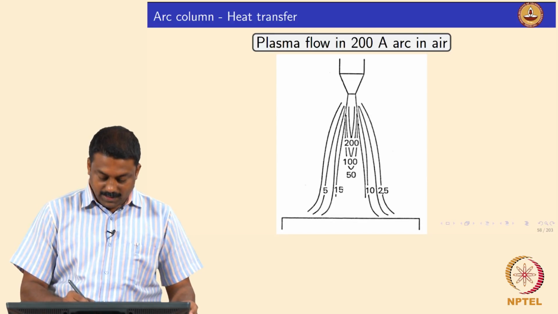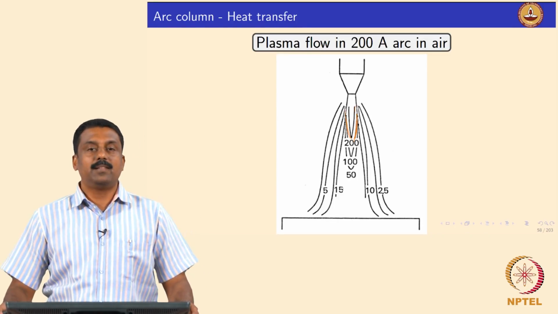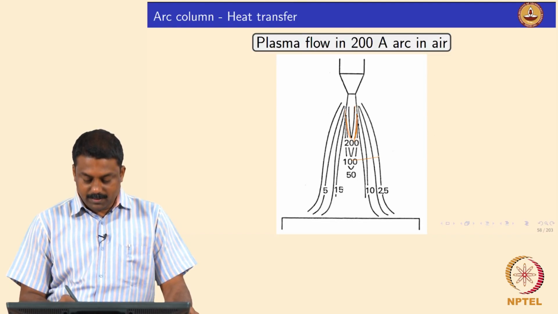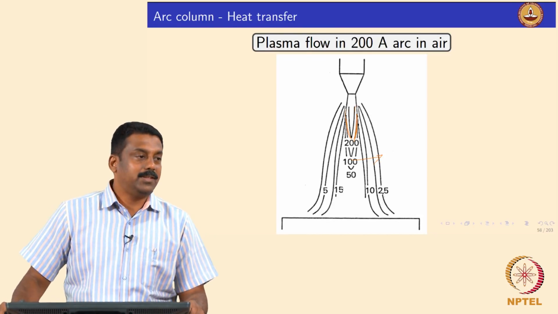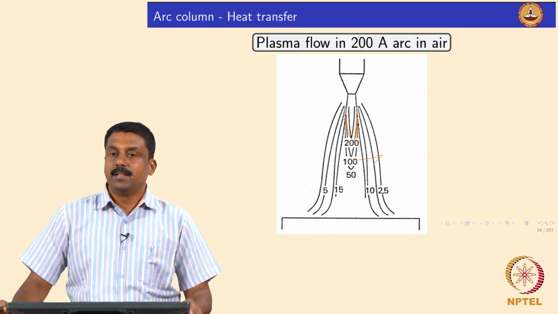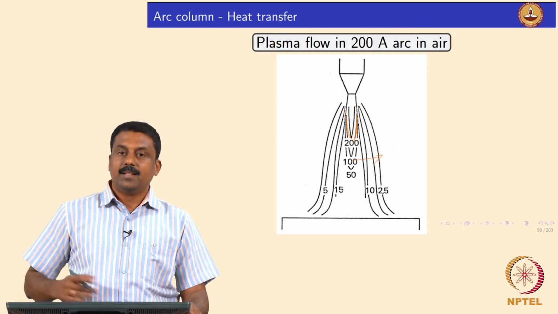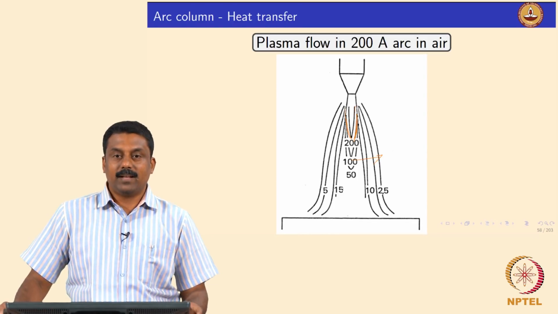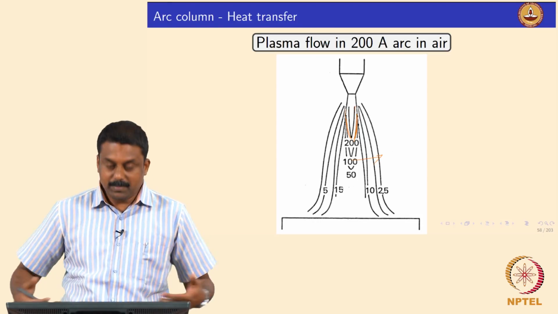So, the center, this is your electrode. The flow close to the electrode can go as high as 200 meters per second, and if you go far away in the arc envelope, at the envelope side you do not have the accumulation of the charges. Charge accumulation always happens either at the cathode or anode, and here the accumulation is spread, because obviously the base material, either anode or cathode, will not be accumulating at one point; it will be spread, right.